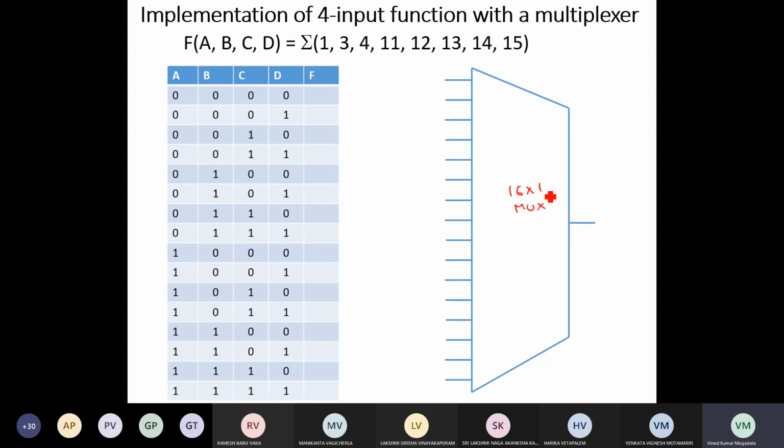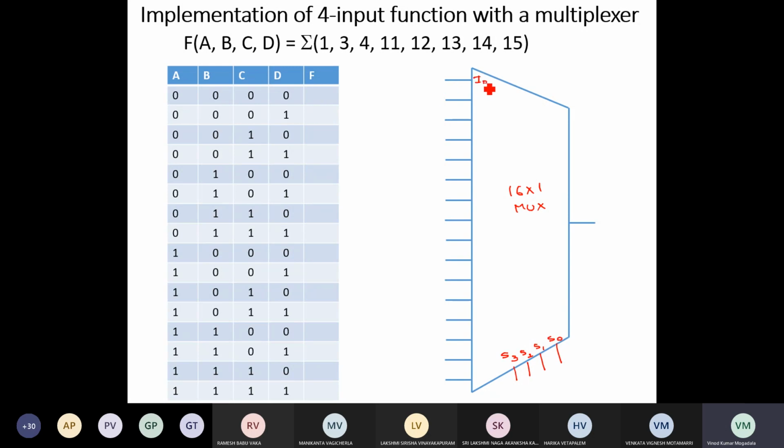As it is a 16 cross 1 mux, how many selection lines will we have? Total 4 selection lines: S3, S2, S1, S0, right? And these are the input lines.